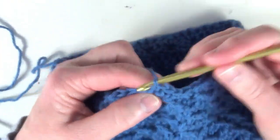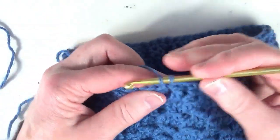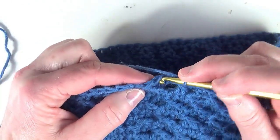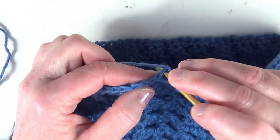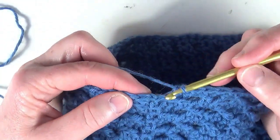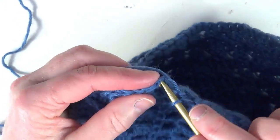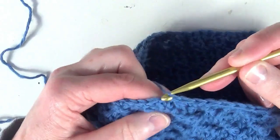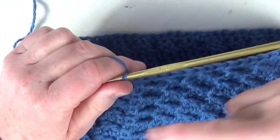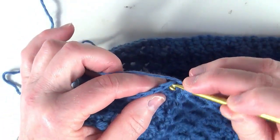I have worked around 4 decrease rows of single crochet, and that was enough for me, so I could be able to close my hat properly. The same way as before, join with a slip stitch and chain 1 and make a single crochet 2 together